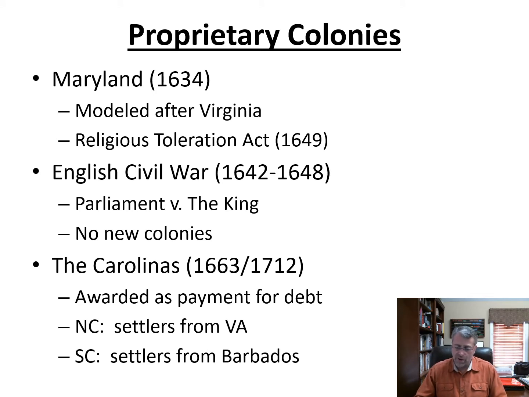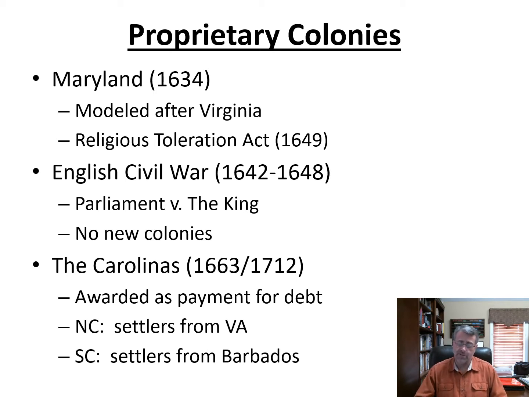Charles I is going to grant a large tract of land to a guy named George Calvert. His title was Lord Baltimore. The current city of Baltimore was named after this George Calvert. At any rate, Calvert is a Catholic still living in England, and this is problematic because Catholics are one of these religious minorities in